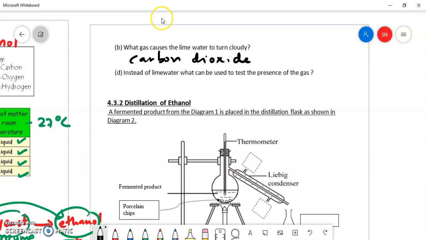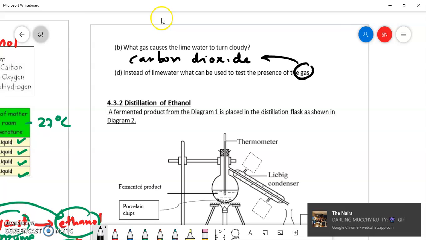Instead of lime water, what can be used to test the presence of the gas? The gas we are talking about is carbon dioxide. Instead of lime water, what can we use? We can actually use anything that can